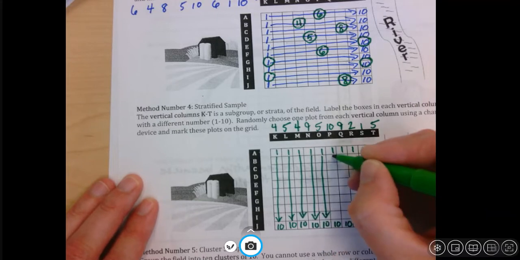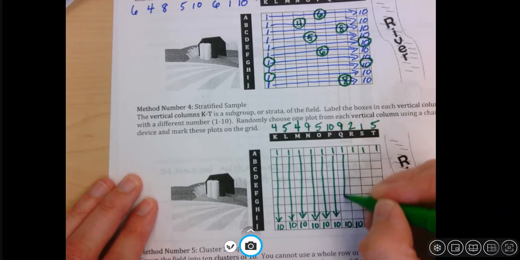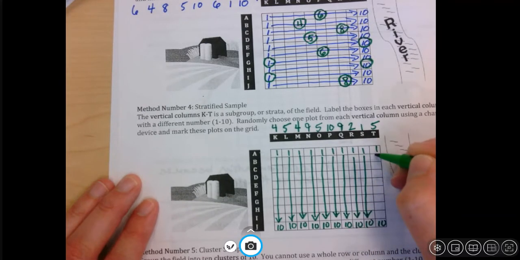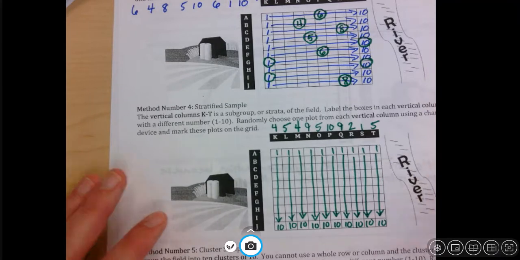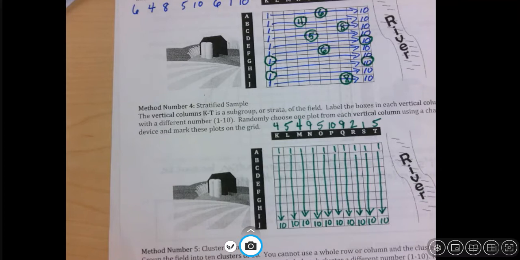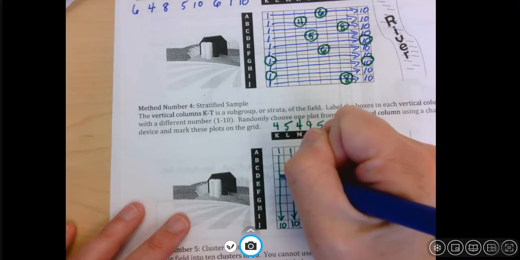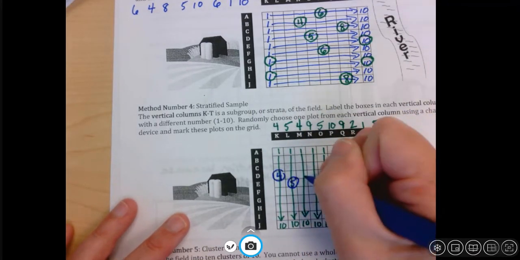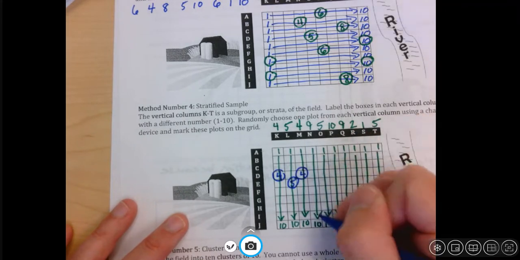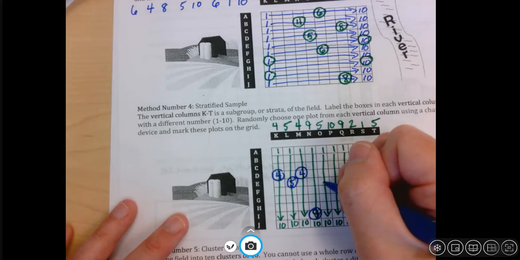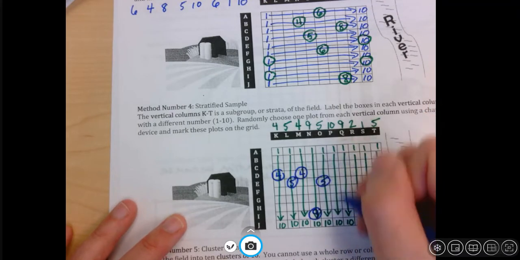So remember, when it says choose randomly, that doesn't mean just put your finger anywhere and pick. Choose randomly means you have to use a simple random number generator. So 1, 2, 3, 4, 5, 4, 9, 5, 10,